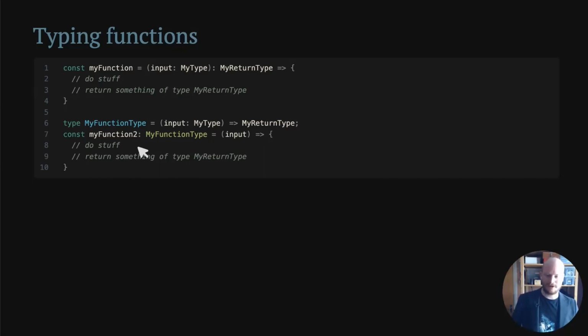So here's a pothole that you can fall down in. Let's say we have an arrow function like this. If you have a colon after the function name, the type is for the whole function, including parameters and return parameters. If you have the colon after the parentheses, that's the return type. And it's easy to get those mixed up. Be on your guard.